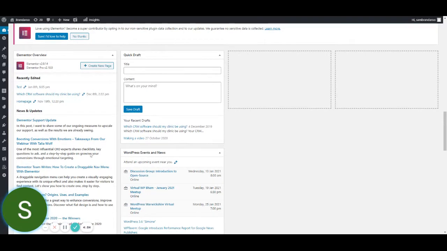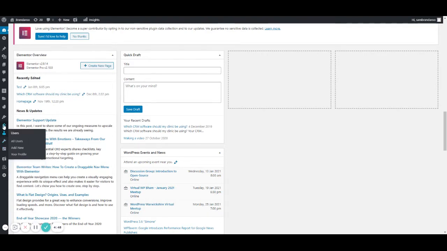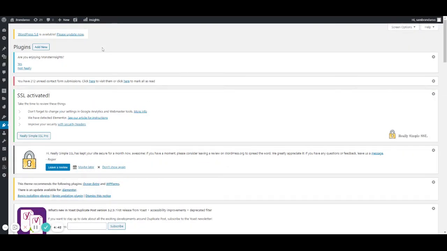Integrating Contact Form 7 and Elementor is very easy. First, what you want to do is download Contact Form 7, download the plugin for it. So plugins, add new,